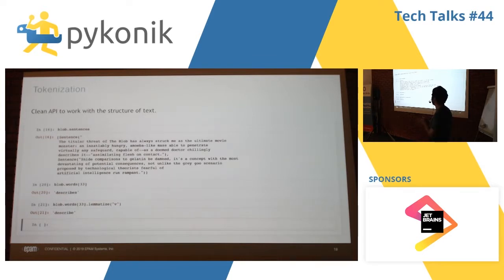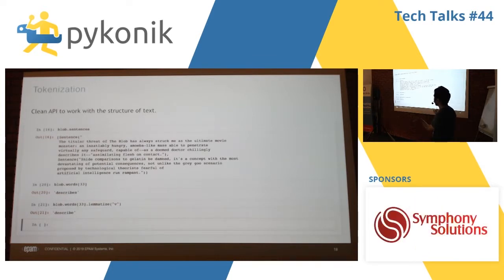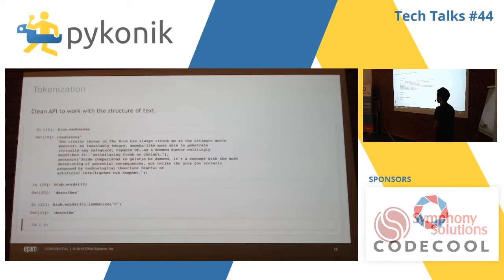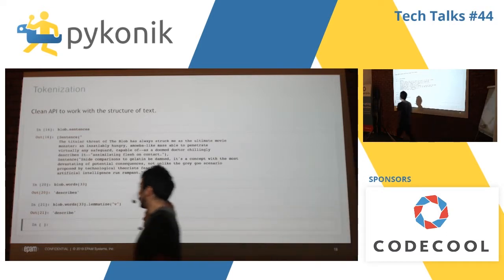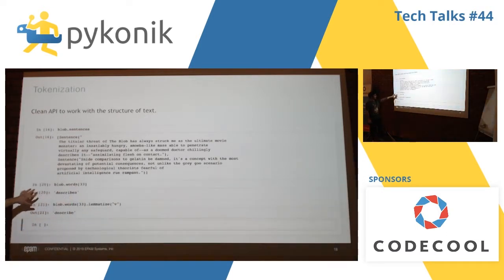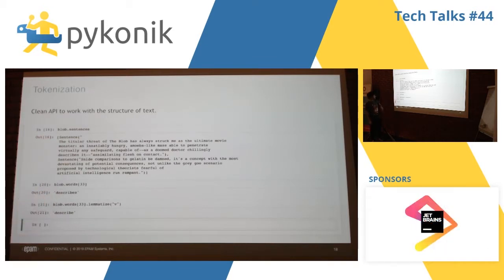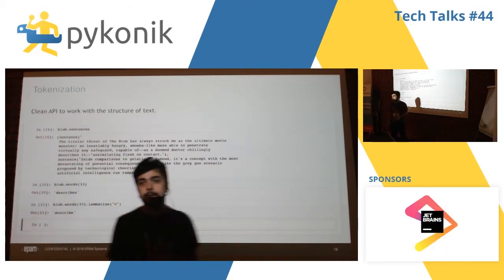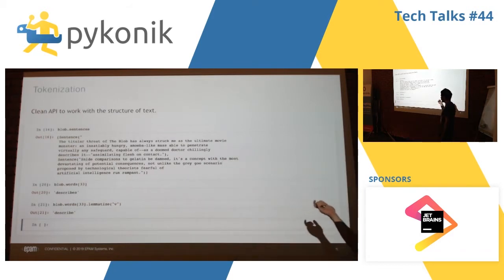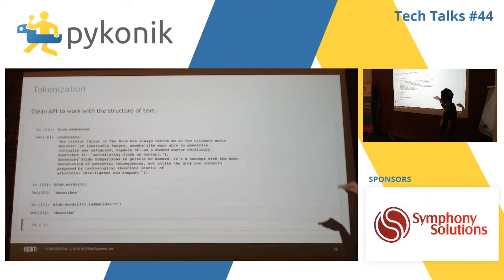As you can see, you can get a word. So the words attribute is just a simple Python list. Also, we have some methods of words as well. For instance, when I get blob.words, it gives "describes". And when I call the lemmatize method with v, which comes from the WordNet, I'll be talking about it later, it gets the root of that word.